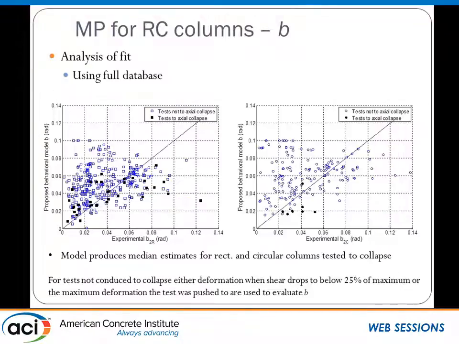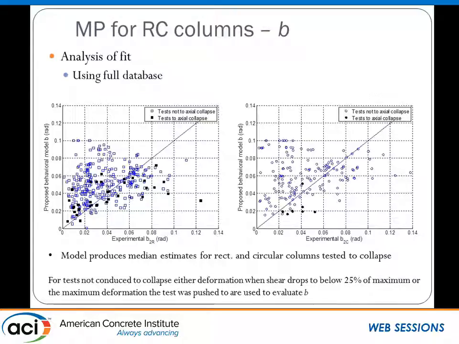If we go back and look at what happens in the big database we have, ignoring that 0.5 factor because most columns tested here, I think all of them, are uniaxial and had only 3 loading cycles per drift level, and we look at the points in black, these are the columns that actually failed, were pushed to axial failure. The other ones are columns that were not pushed to axial failure. We find that the model does a pretty good job at capturing that effect, capturing the deformation at axial collapse